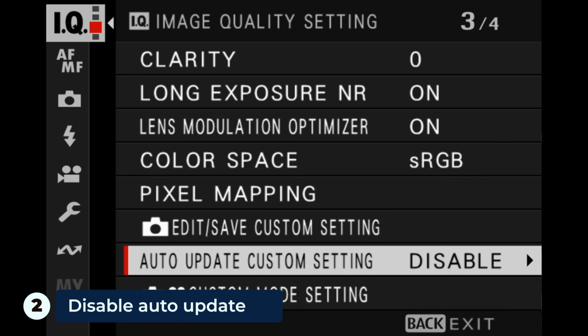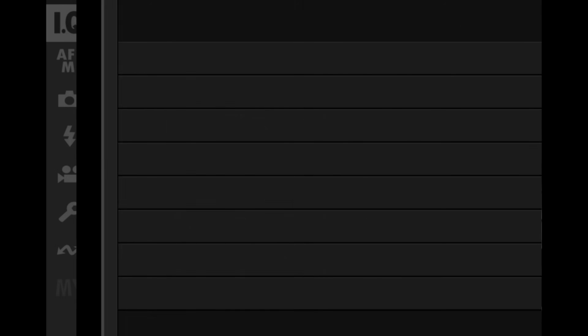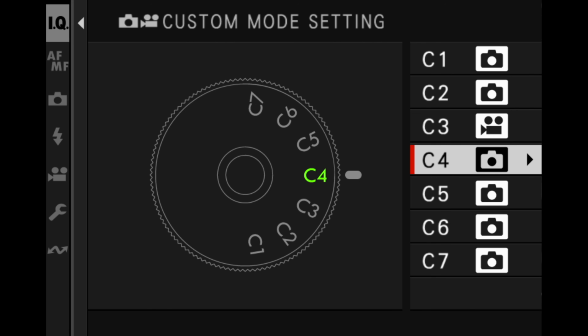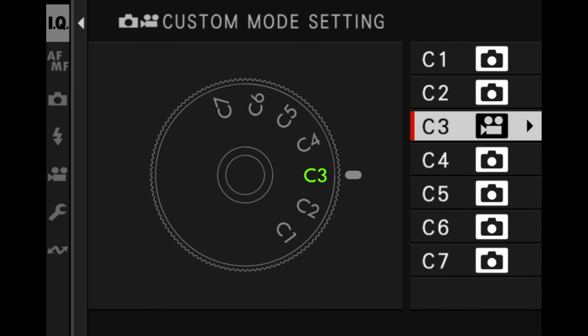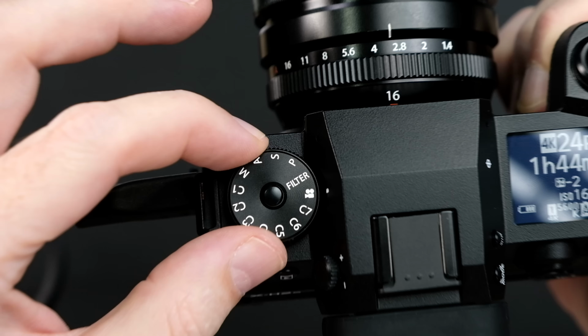Next, make sure that Auto Update Custom Setting is disabled. Next, choose whether it's going to be stills or video, and go into custom mode setting for the applicable one, and make sure you've selected it properly for the mode that it is in. At this point, then go ahead and make all of the setting changes on your camera. If you are setting for video mode, don't forget to make sure the PASM dial is set to the little